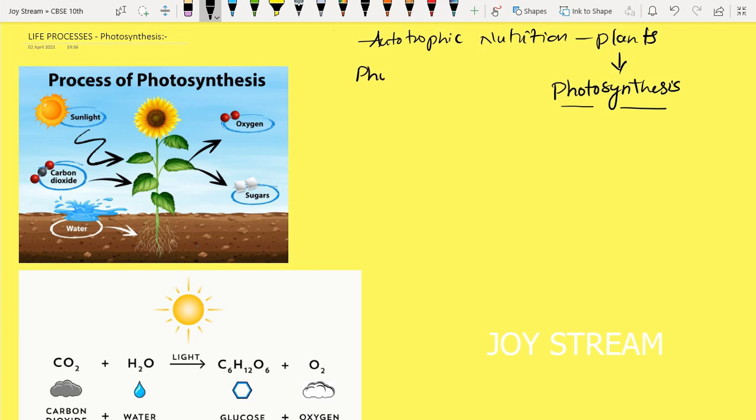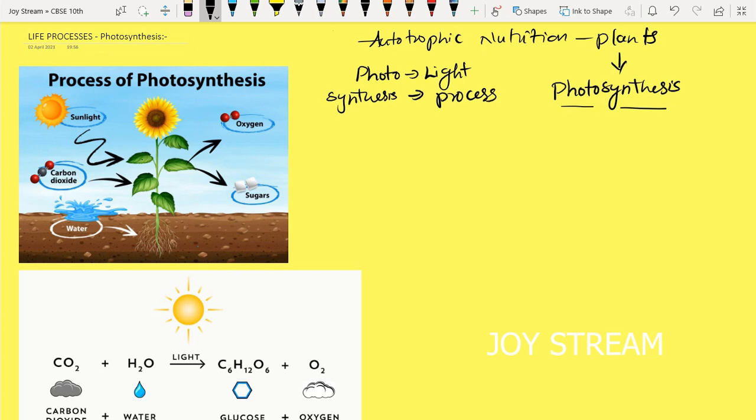Photo means light. Synthesis means process. The process which is done by the help of light is called photosynthesis. This is a simple way of telling what photosynthesis is. So,